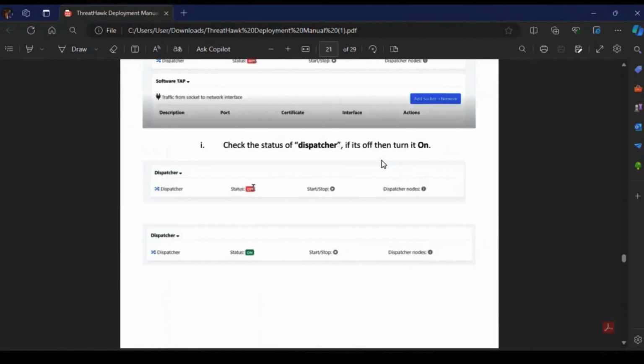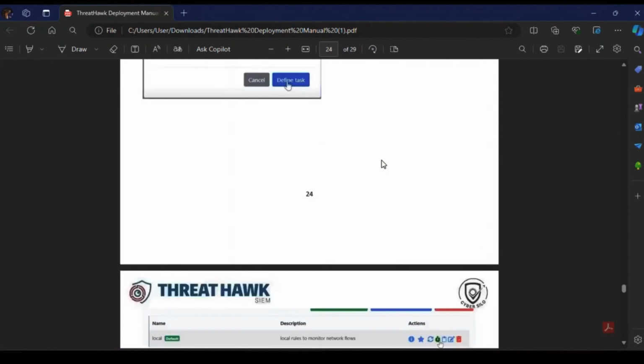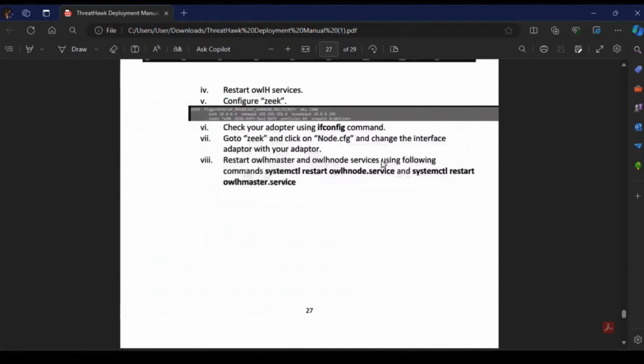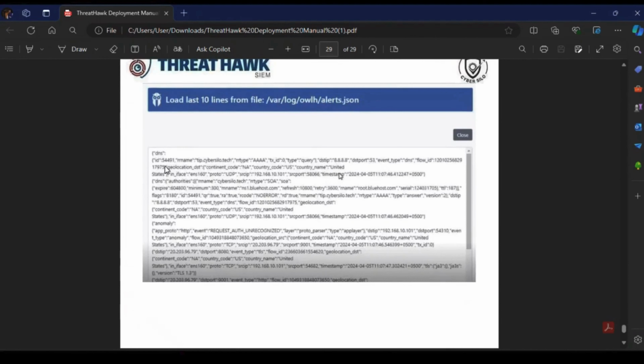This manual includes all instructions from setup to installation and ensures that the logs generated by OWL-H will appear in the dashboard. ThreatHawk is already integrated with NetFlow, meaning that once setup is complete, it will automatically start forwarding logs